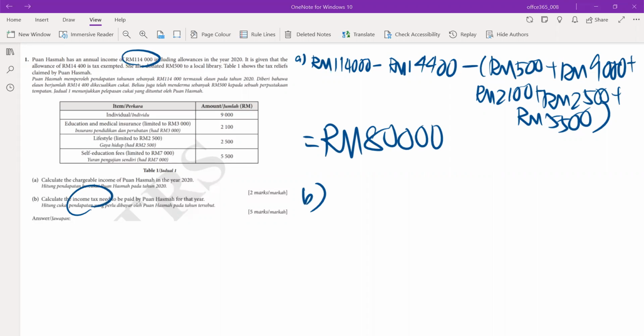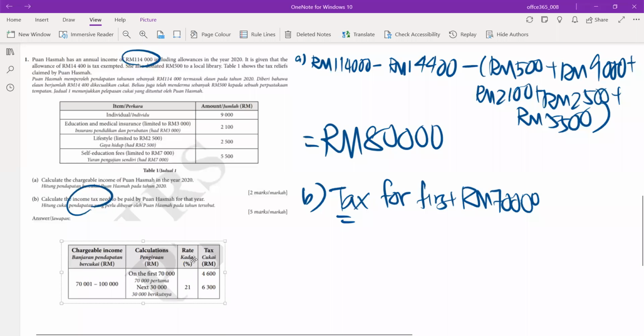And this one, you have to know the answer, calculate the income tax to be paid. So the tax for the first 70,000, they already told you, first 70,000. So you take this amount, equals to, they give you, right? Table 1 shows the tax relief. And then this question, they don't give you. Actually, they give you this in the range of income. Follow this table. That's the thing they didn't give you.